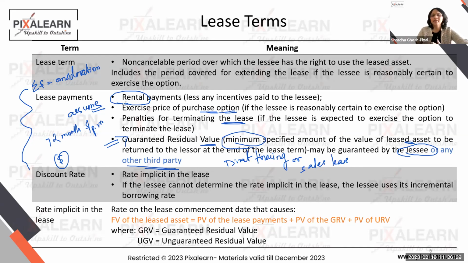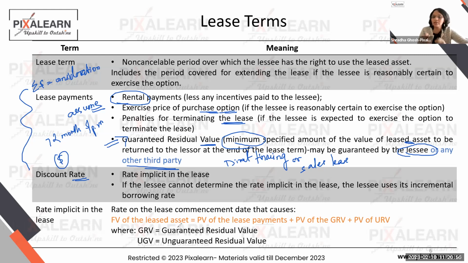Okay. Then we have something called a discount rate. We'll see how Tesla uses something called the incremental borrowing rate. But there are 2 rates typically in every lease. So understand, guys, that in a fraction of the questions many of these rates will be given to you. You will not be required to calculate these rates. But if they tell you what rate you have to use for discounting, we're going to use a rate which is termed the rate implicit in the lease.